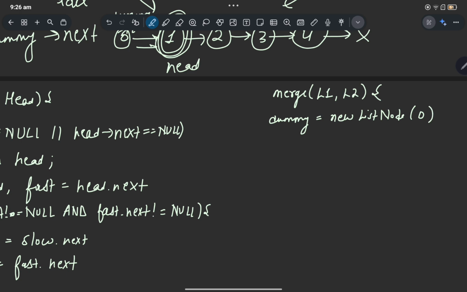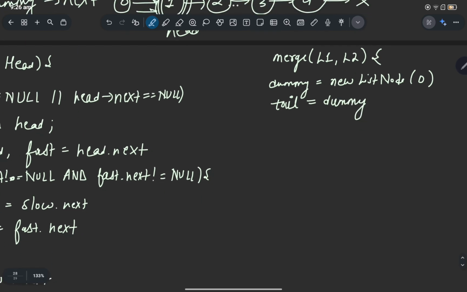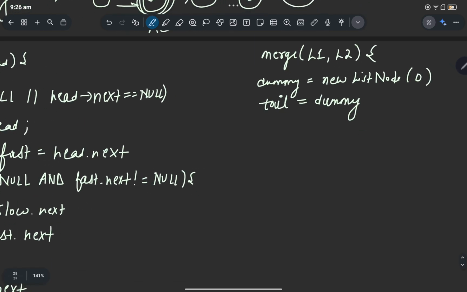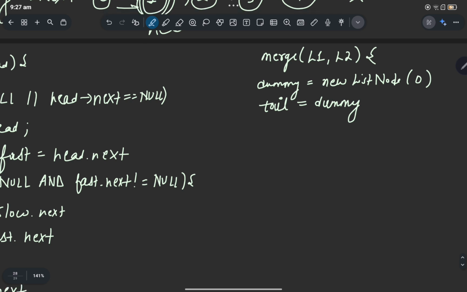Then we will again create a tail pointer which will point to initially our dummy. Then we will start our traversal, while our L1 is there and also our L2 is there, means both should be there, none of them should be null. Then we will check if L1 value is greater than L2 value,